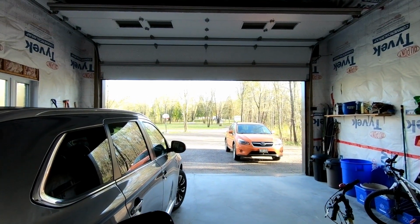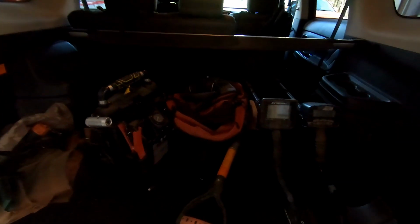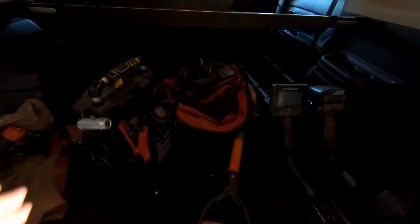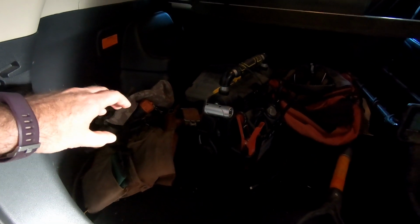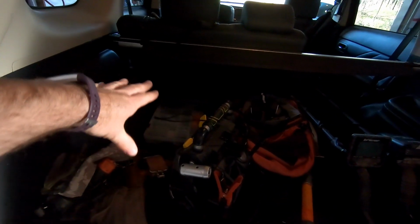It's a beautiful day out today. The sun is shining, it's early, the birds are chirping. And if you guys can see in here, this is my typical setup for a day in the bush. We got a charging station. I got two waist belts full of pinpointers, sprayers, all my regular gear, extra batteries, all kinds of stuff over